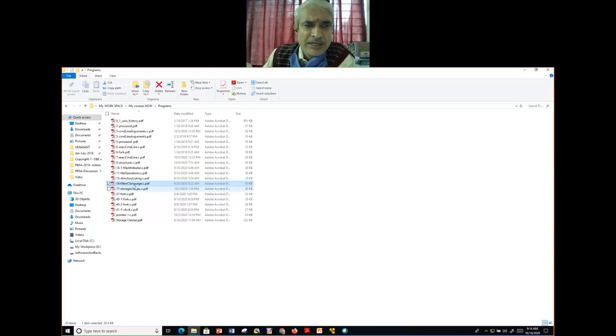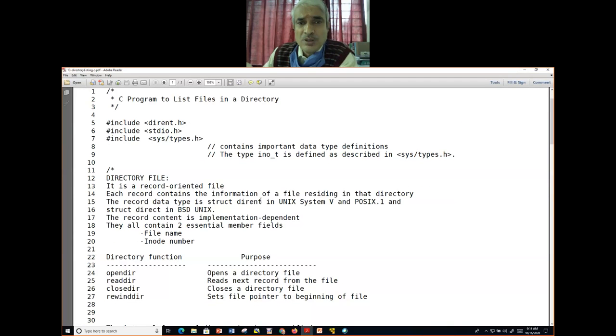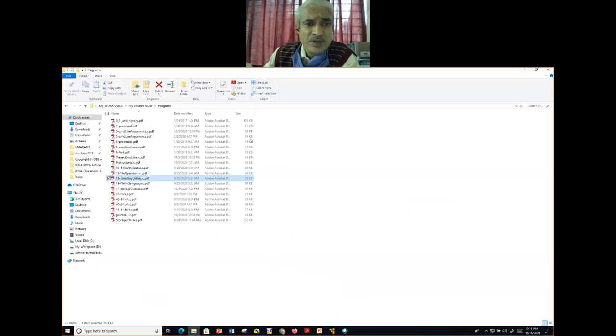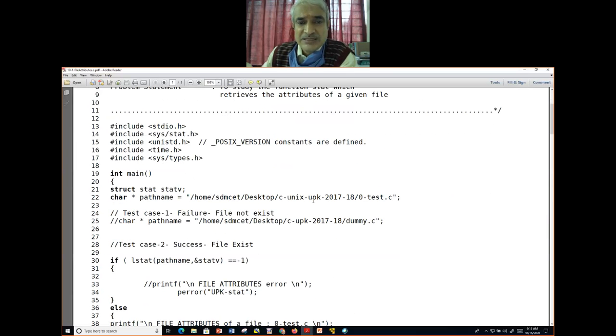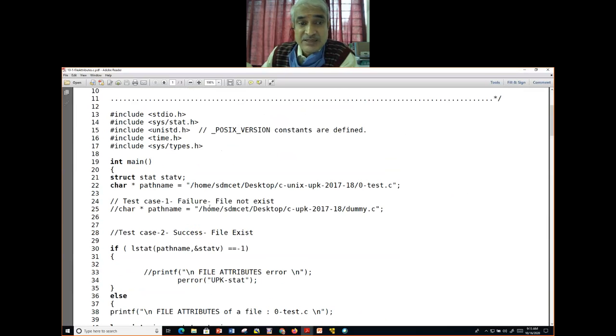Then what we have done is we have gone through the file attributes. We use the system calls stat, lstat, fstat, and their difference. Then we used the structure here, and that's the point where we discussed the structure.